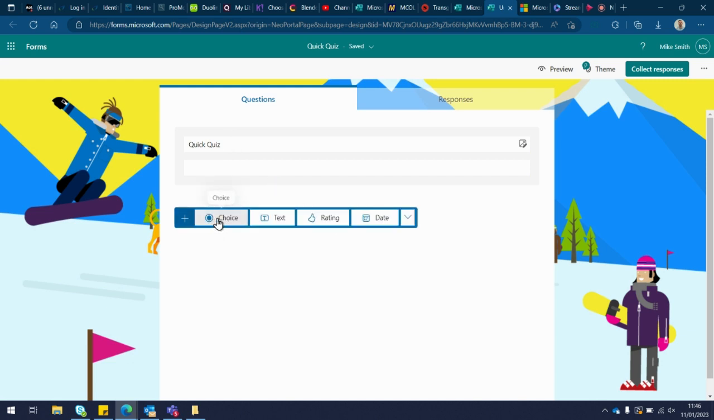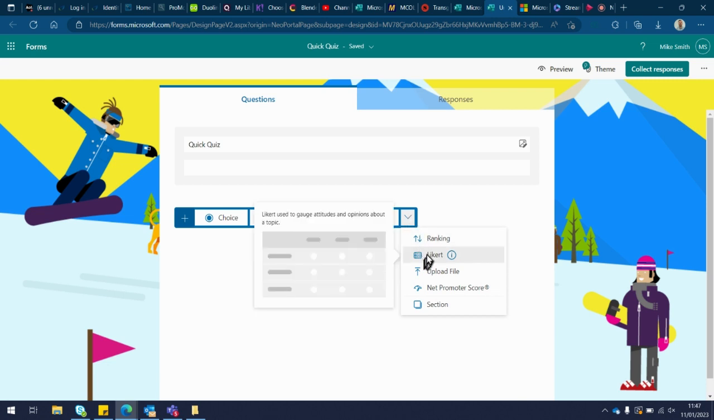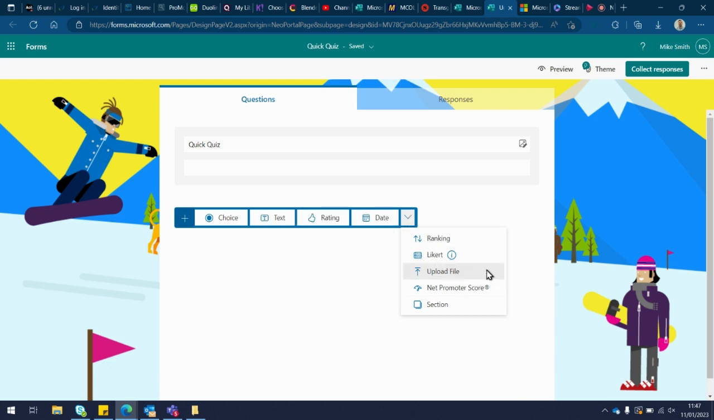Click add new, and you get a few options here of the different kinds of questions. Multiple choice, if you just want to put some text in. You can put in a rating, if you want them to give it a thumbs up, thumbs down. If you want to put the date in, or from the drop down here, you get a few extra options like a Likert scale. If you want to upload a file for someone to then be able to have a look at, if you want to use the Net Promoter, or if you want to break it down into a new section, which then enables you to use a feature called branching later on, where you can skip past certain